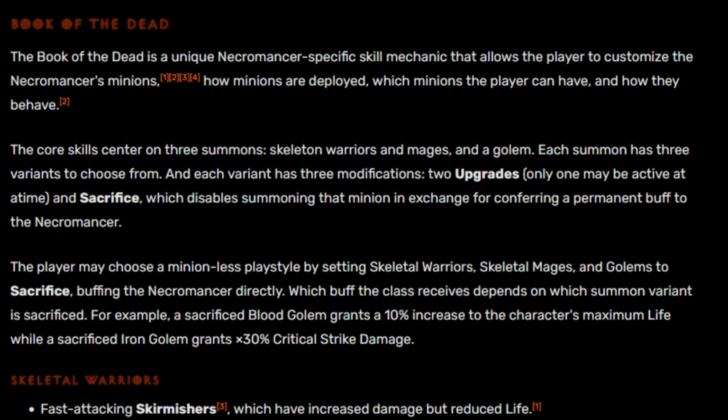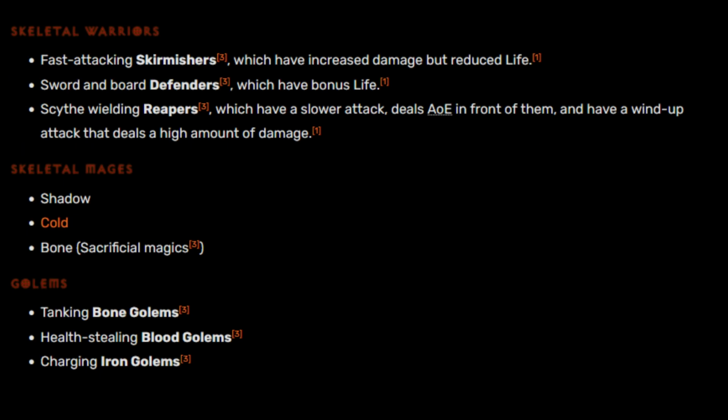the Necromancer. The player may choose a minionless playstyle by setting skeletal warriors, skeletal mages, and golems to sacrifice, buffing the Necromancer directly. Which buff the class receives depends on which summon variant is sacrificed. For example, a sacrificed blood golem grants 10% increase to the character's maximum life, while a sacrificed iron golem grants 30% critical strike damage. And as we look here under the skeletal warriors,